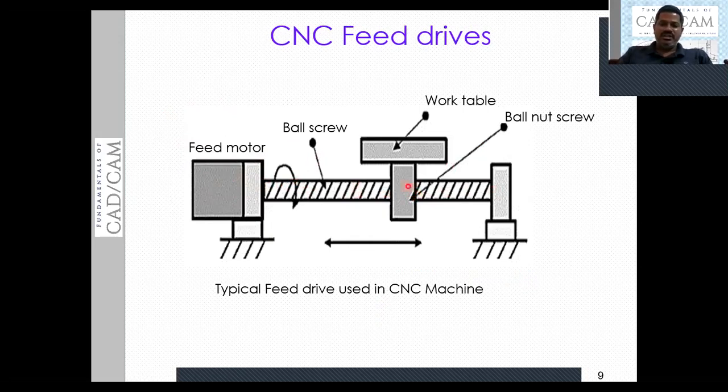In between the nut and the ball screw, there is no direct contact. In between the nut and the screw, there are balls. That means to reduce the friction, balls are inserted at the contact surface of the screw and nut.